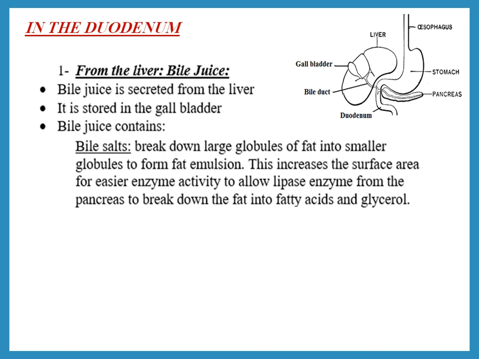And this bile juice is stored in the gallbladder. Can you see the gallbladder? So remember that the source of bile juice is the liver. It is stored in the gallbladder. Now, bile juice contains several things. One of them is bile salts, and when the bile salts go into the duodenum, they will break down